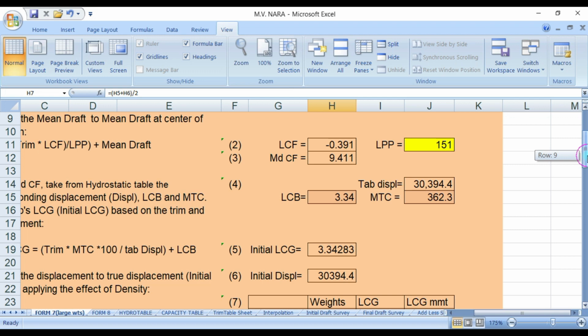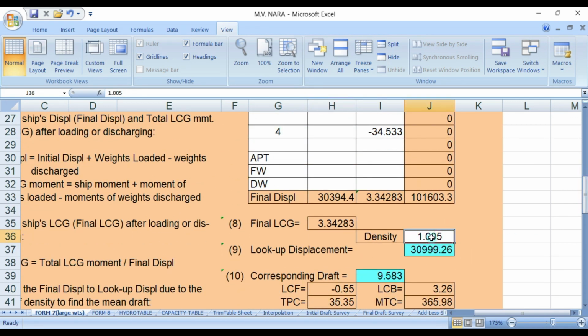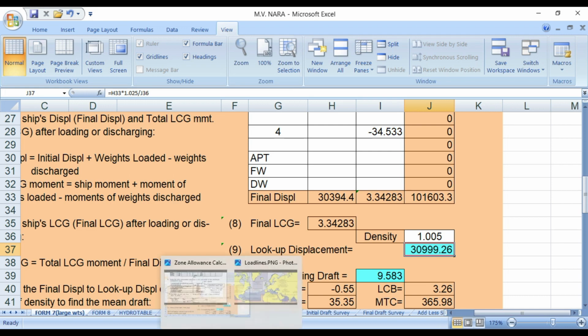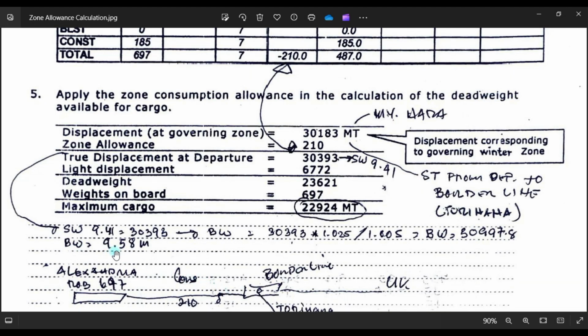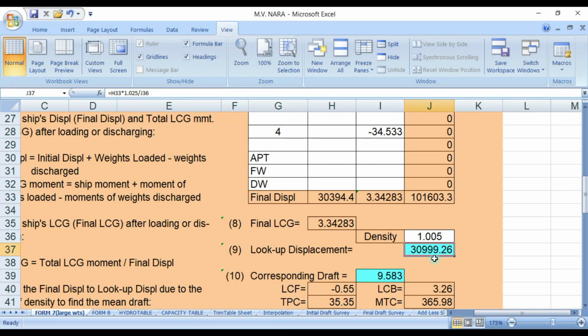And what will be the drop and displacement if the density is 1.005? His drop will be 9.583, sorry, 9.580 or 83, and the corresponding displacement is 30997.8, and I have here 30999.